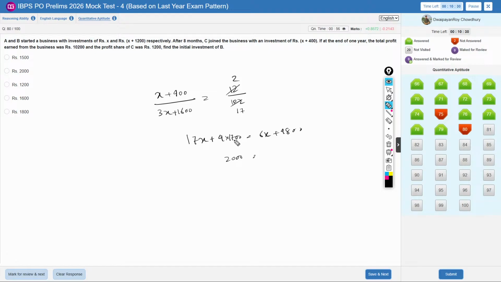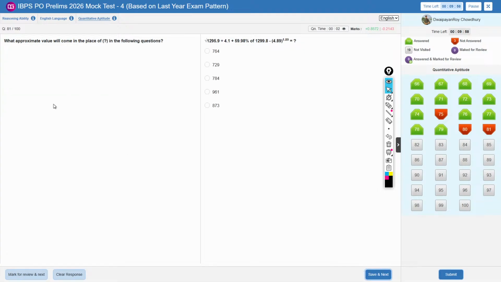No, 6, 8. This is 6, 8 for sure. 7 side. Okay, I committed some kind of mistake, okay, this is 3200. This is 3200. Then 17. So 11x is going to be, but still then again also negative part is coming. Okay, after 8 months, right? Cancel about. So approximate value,